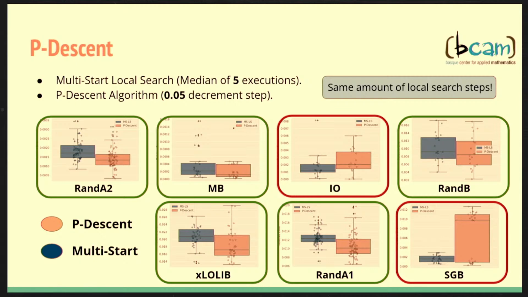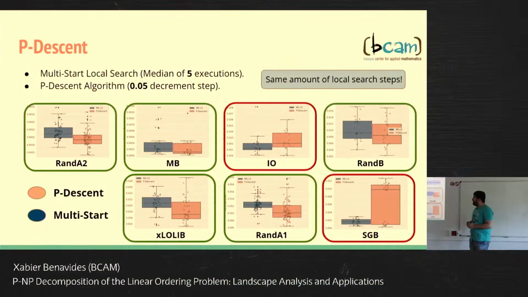So, well, obviously, here we are not taking into account neither the amount of time that the p-descent needs to compute the P and NP decomposition, nor the amount of time that the p-descent needs to find the global optimum of the P component, okay? But, well, we have to take into account that these 2 processes only have to be done once per instance, and therefore we think that it is not such an issue from an efficiency point of view. But obviously, this is still a work in progress, so we are still trying to